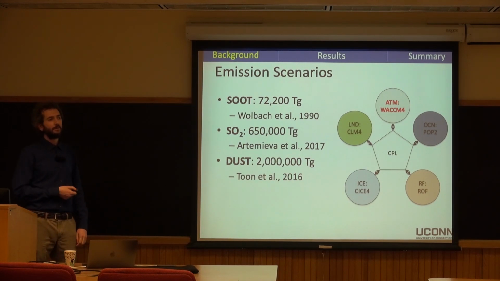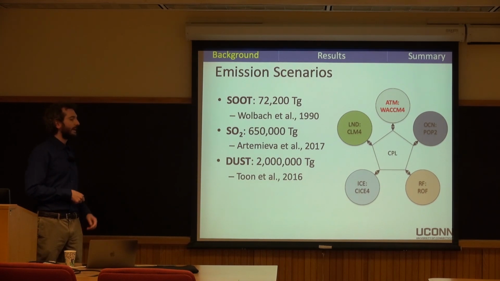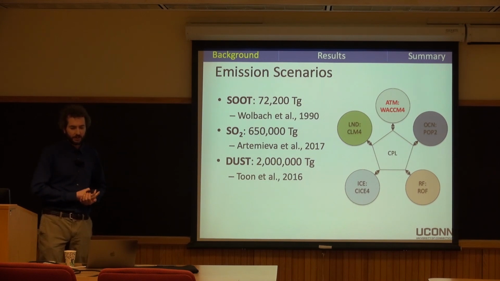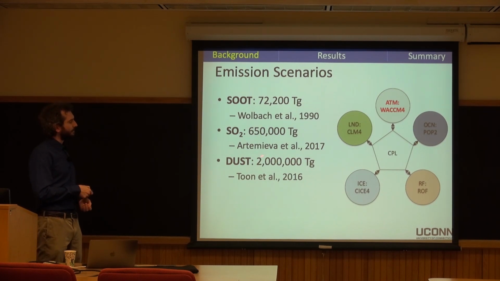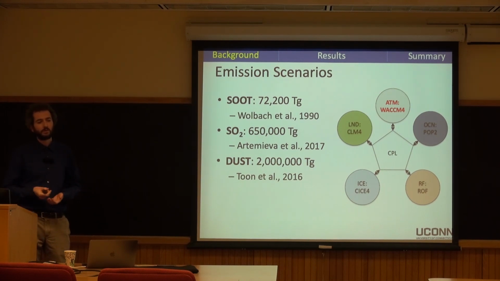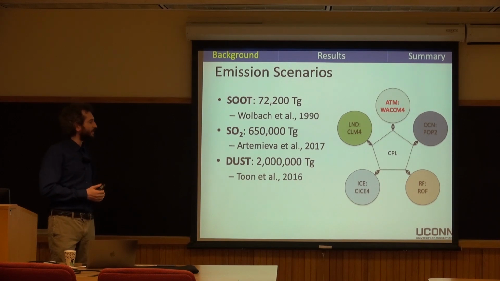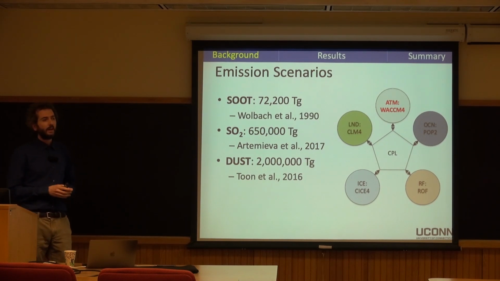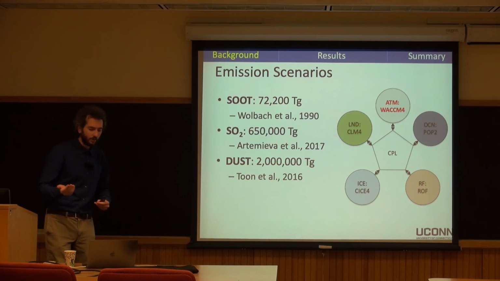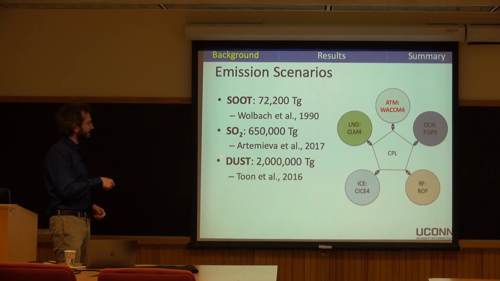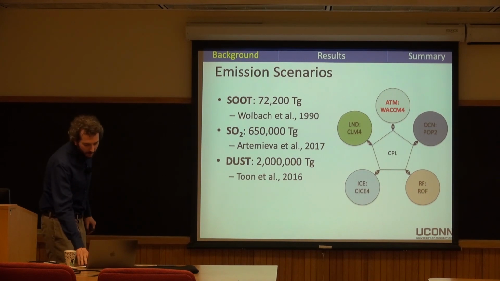And then there's a recent effort to drill into the impact site, and they came up with some new estimates for sulfur emissions from the impactor and impact site. And so we're using the latest estimate for that here. And finally, dust particles from the impactor and impact site are coming from a recent compilation effort as well and reanalysis. And so we're using the latest estimates we can to try and look at these different impact emission scenarios. And we're looking at them individually. So we're looking at the soot, we're looking at the SO2, and we're looking at the dust separately.